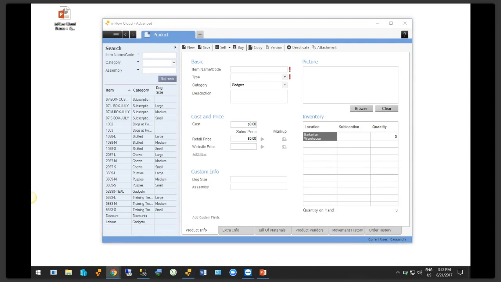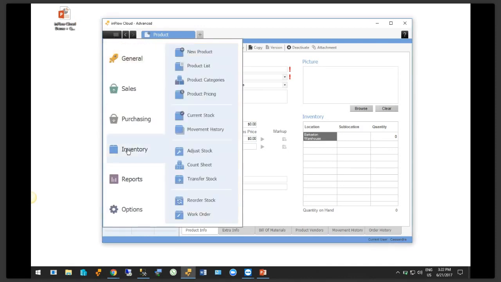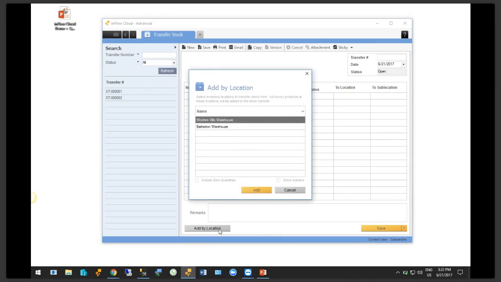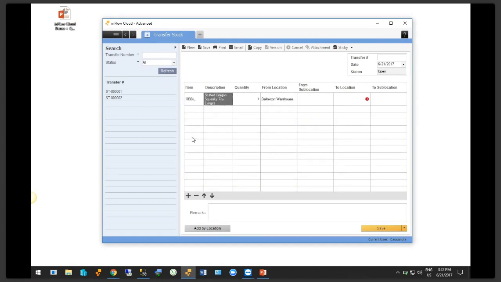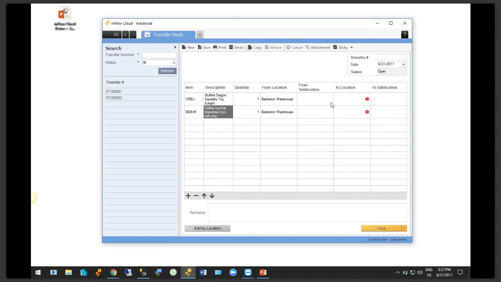Someone asked if we can show how to transfer stock from one spot to the other. Sure, I'm happy to do a transfer stock. Again, that would be under inventory, transfer stock. I can add by location, or I can individually add products. In this case, I don't want to add everything from one location to another. I'm just going to choose a few that I want to transfer. So I would choose my products I want to transfer, and then I'm going to choose